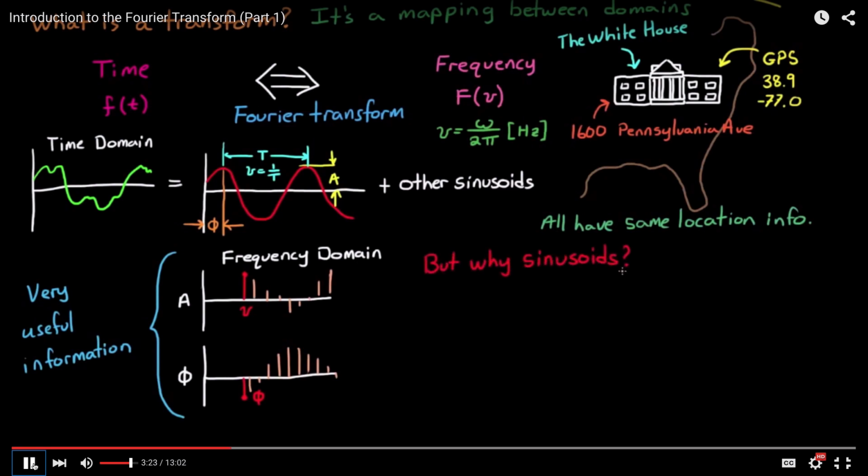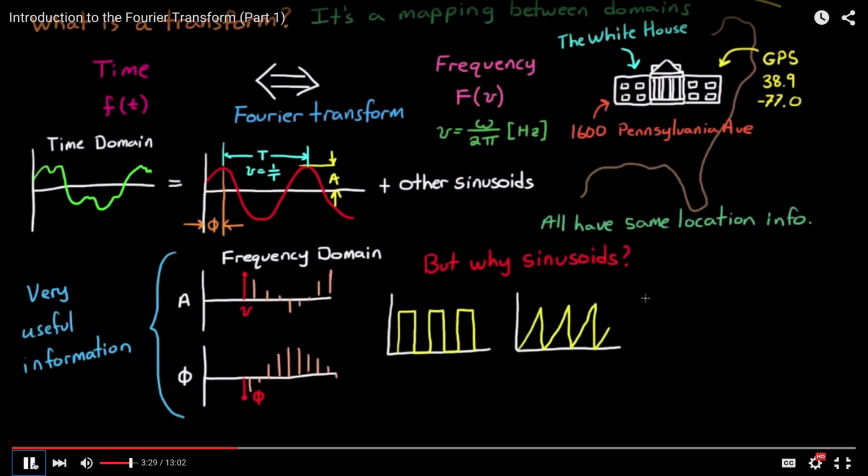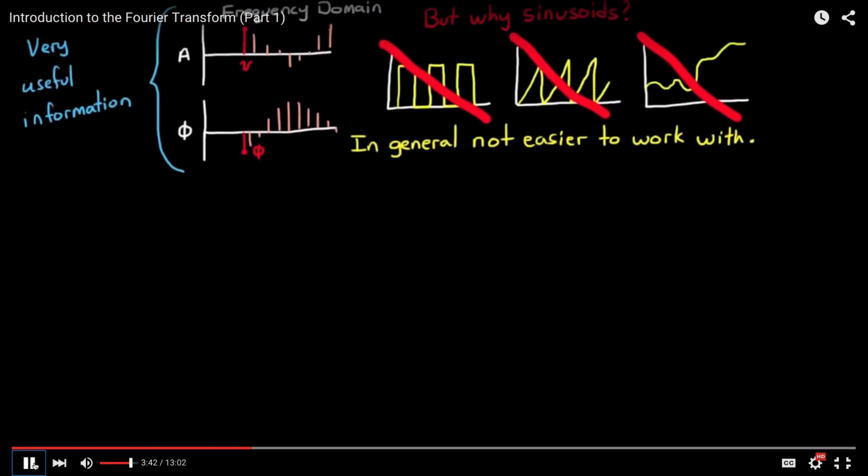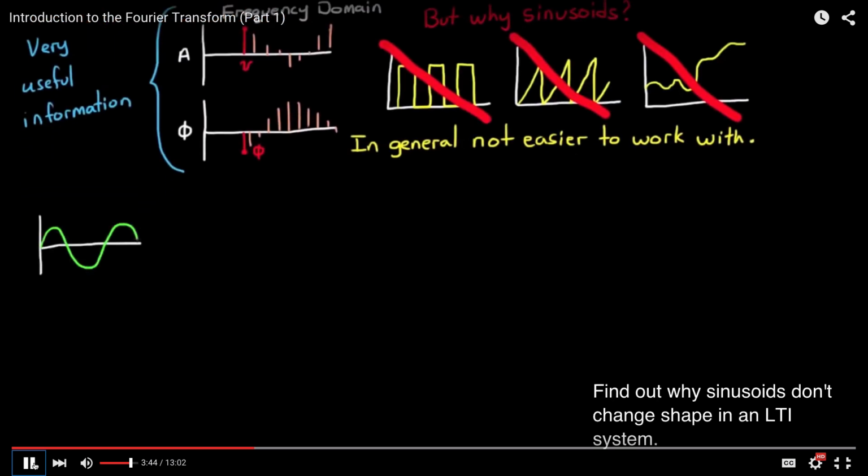Why not some other repeating signal like a square wave or sawtooth, or why not different aperiodic signals altogether? Well, what we're trying to do is transform the signal into something that's easier to work with, at least for our particular purpose. And sinusoids are great because they're the only waveform that doesn't change shape when subjected to a linear time-invariant system, or LTI system. There's a link at the bottom of the screen to a video that describes why this is